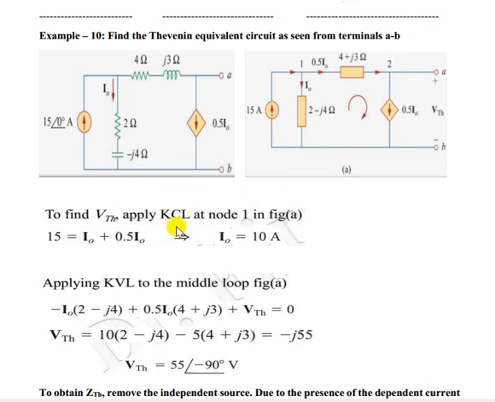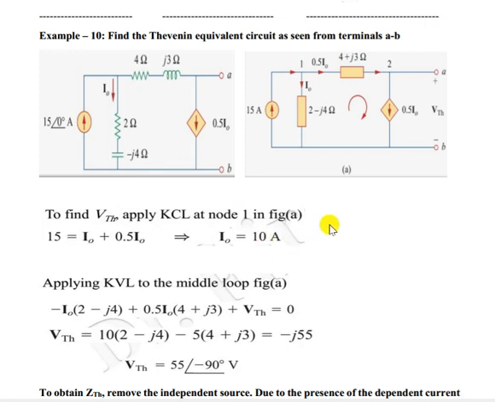So if you write KCL at node 1, what can you write? Current entering, so 15, equals current leaving, so I0 plus 0.5 I0. Why? Because this current is entering, I0 is leaving, and this current is nothing but 0.5 I0, because no current is flowing through this path. So this is in series. This is the application of current flowing in series; it should be the same value. So 15 equals I0 plus 0.5 I0. So I0 equals 10 amps, that we got.